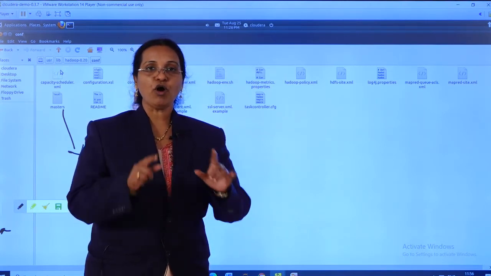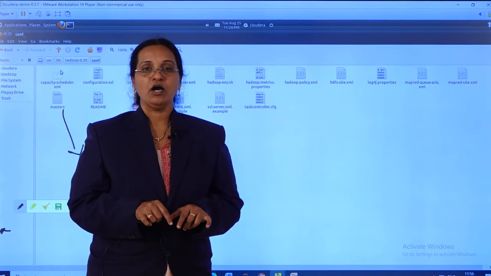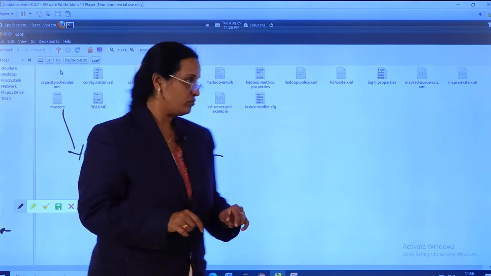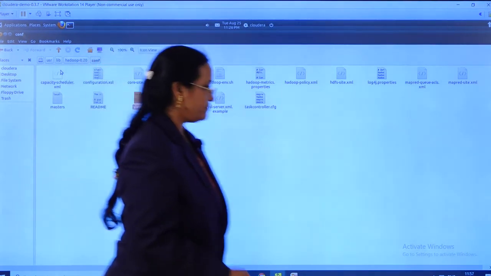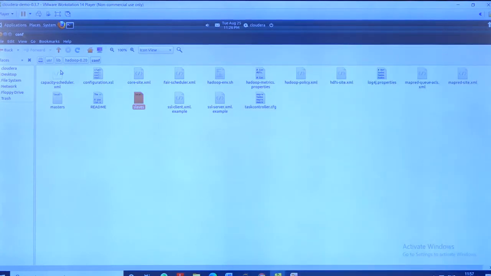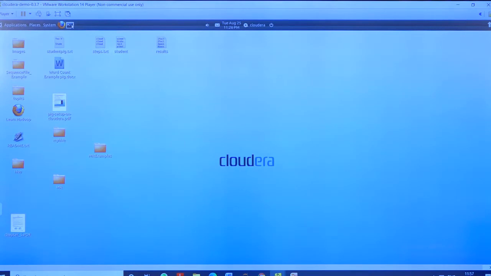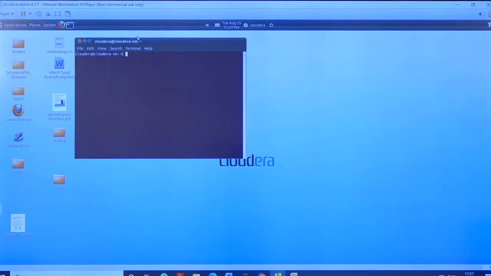I will just show you how you can view them through the terminal also. You can see here, this is my terminal window. You can view the configuration files using the terminal window too.